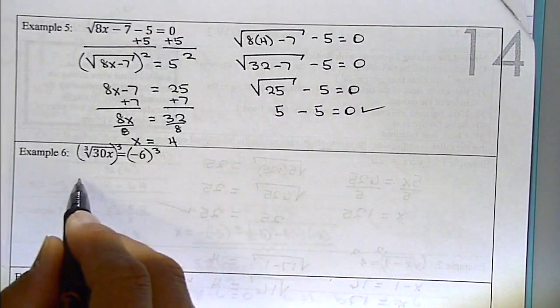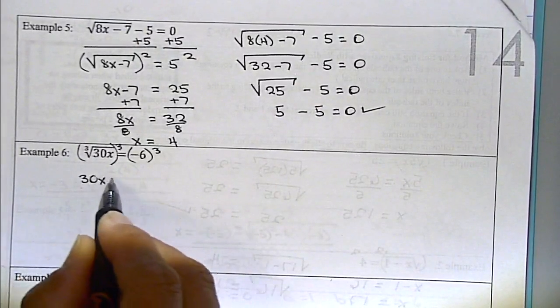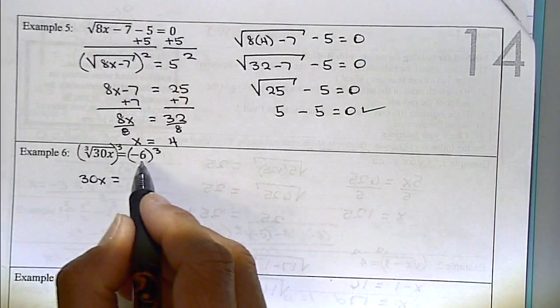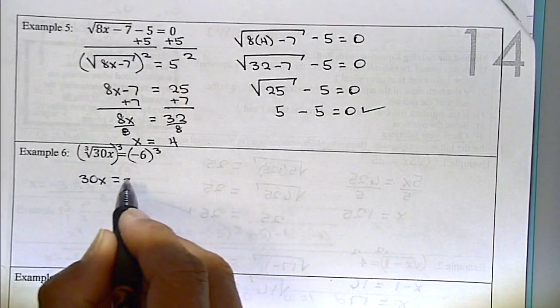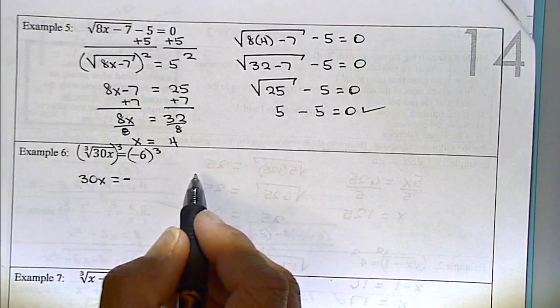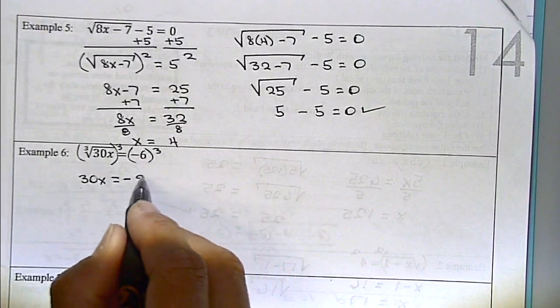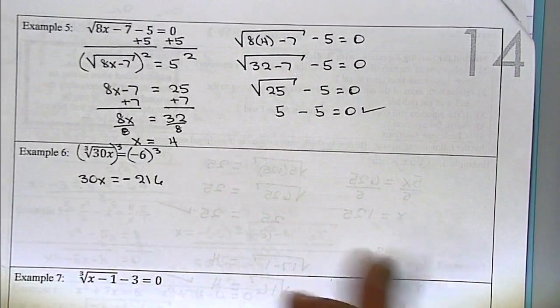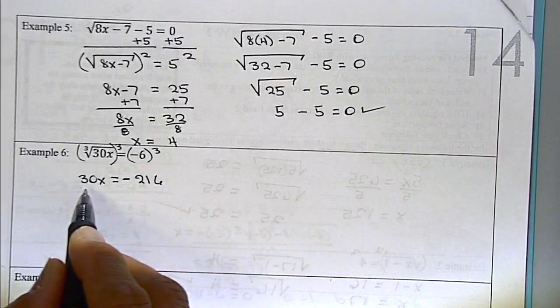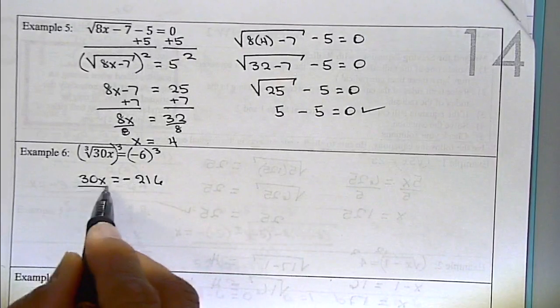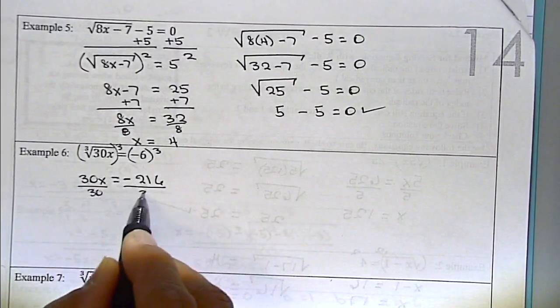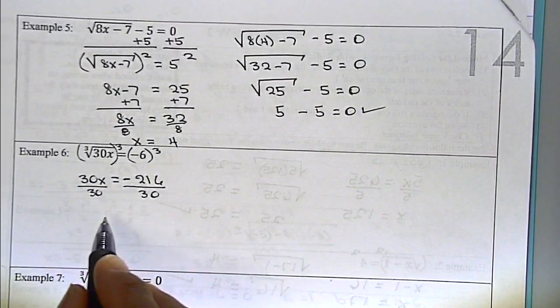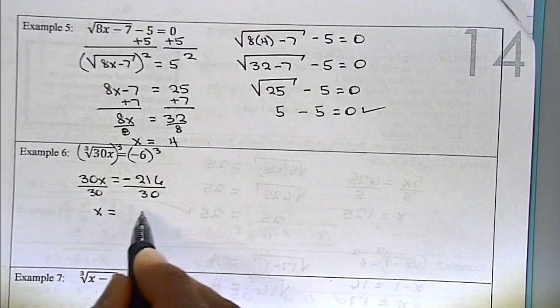When I do that, I got rid of the radical. I now have 30x on this side. And I have to pay attention to my negatives. Negative times negative times negative is going to give me a negative number. And 6 cubed is 216. I don't know if you memorized those cubes like I told you to memorize some of them, but you could easily go 6 times 6 times 6 in your calculator. Just don't forget the negative, okay? And then I'm going to say, okay, divide both of these sides by 30, right? It's not going to be as pretty as I want it to be, is it? But I end up with x is equal to a